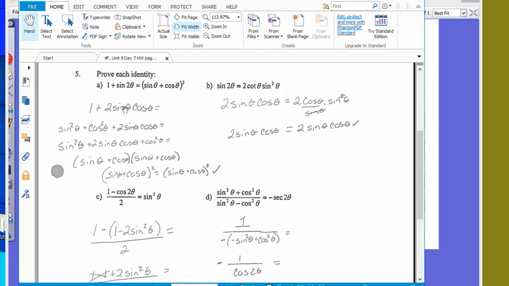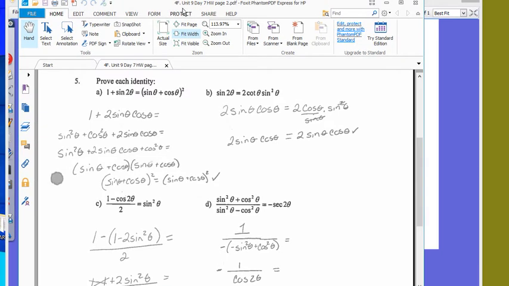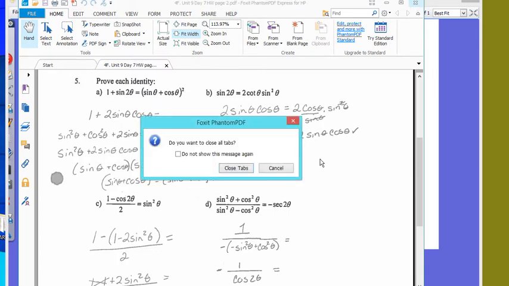So for this one, we replace the sine of 2 theta with 2 sine theta cosine theta. We ended up with a binomial squared which matched the right hand side. This was back in unit 9, day 7. You're right that we didn't do a lot of these, but there were a few like that. All right, so let's go back and look at